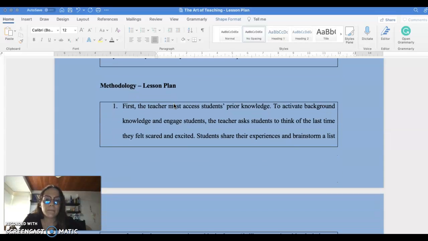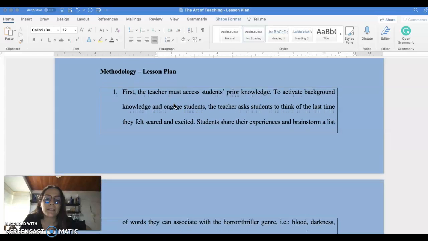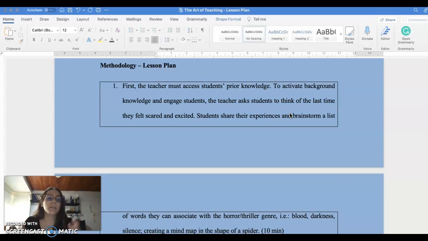In the lesson plan, I designed it using 7 different steps. The first part of the class, when you come into the classroom, you have to greet the students, ask them how they are, and set the environment of the class. This is a language arts class, and the